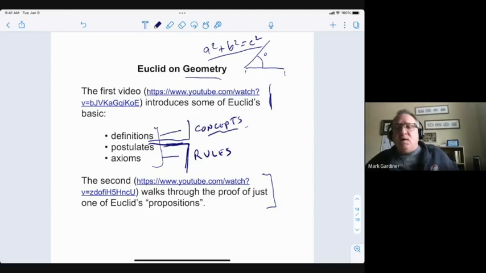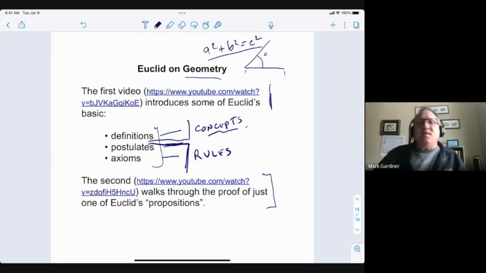a straight edge, and I don't mean a ruler in our sense. Like a ruler is a straight edge, but it's also divided into units, so it's got the numbers built onto it. So I'm thinking about just a straight edge, just a straight piece of metal or piece of wood. And the second thing he had to work with was a compass, which is just a way of creating circles. So when you're looking at these videos, it's all going to be constructed using just straight edge and compass geometry. Okay, so let's take a look at that now then.